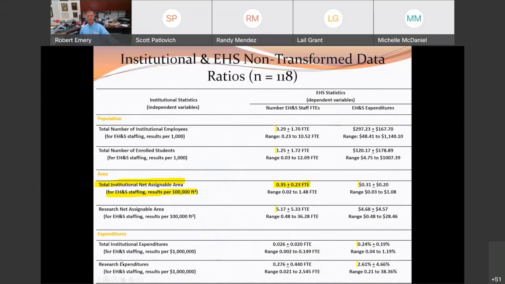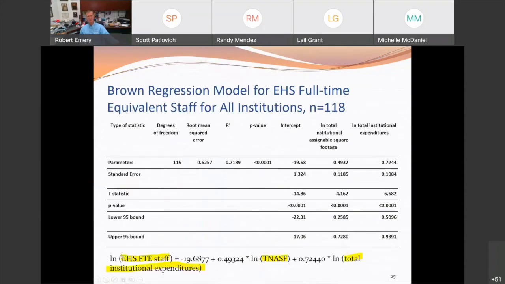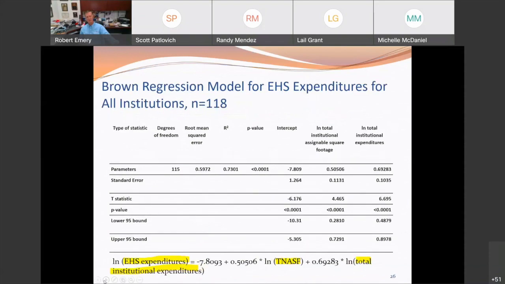Okay? And this is more elaborate. This is with Bruce Brown's thing. And what I want to do is just show you, I don't want to bore you with all the gory details here, but I do want to show you the modeling. This is 118 observations. And all we need to predict EH&S staffing is the total net assignable square footage and the total institutional expenditures. And then similarly, same thing for the budget, the EH&S budget.